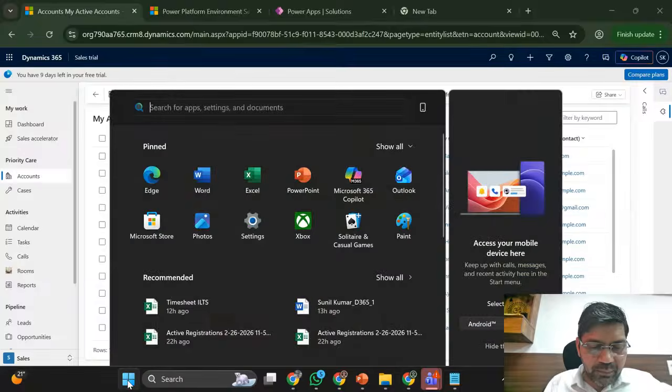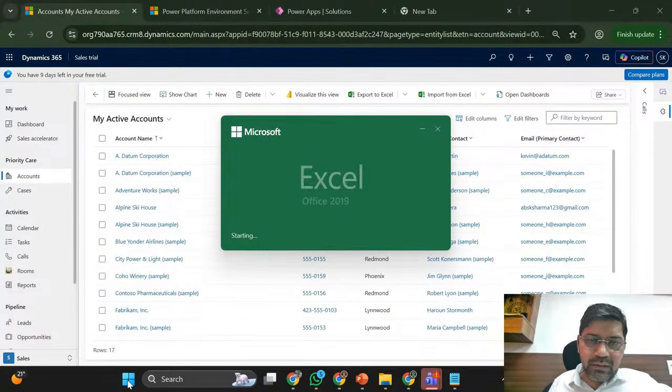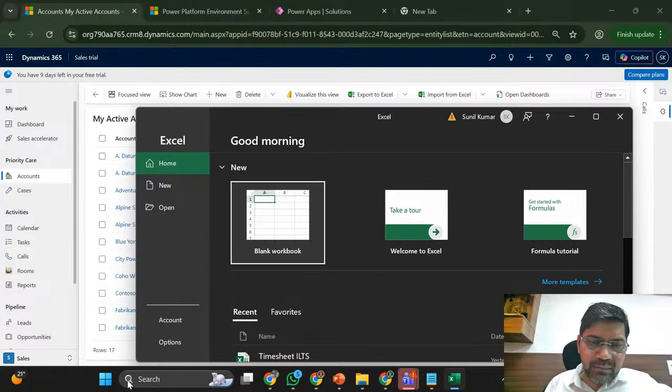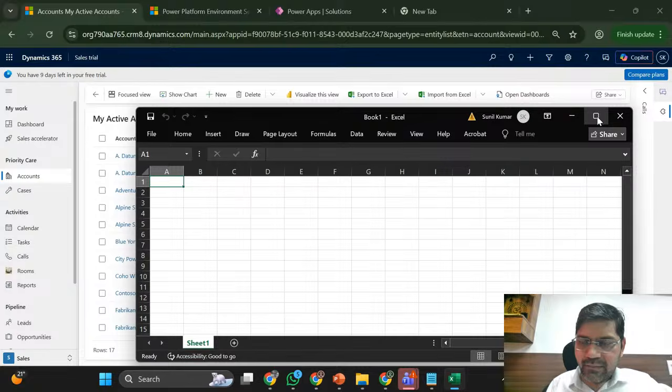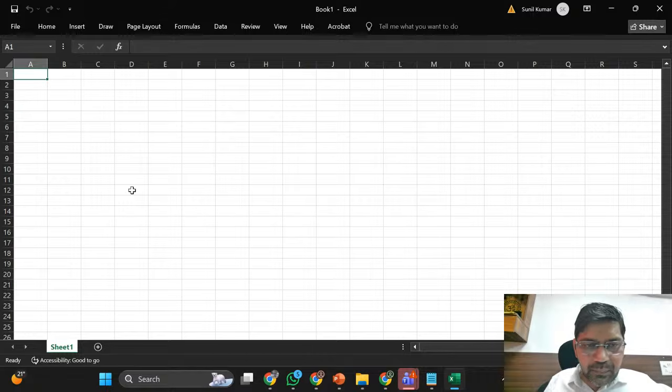Suppose I open one Excel so that you can understand why a table is needed, why different types of fields are needed, and why different types of UI are required. I will give you one example related to the opportunity. Opportunity is